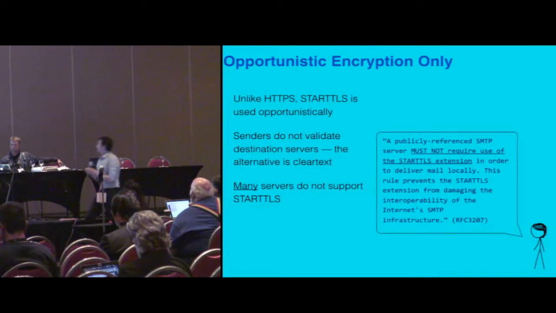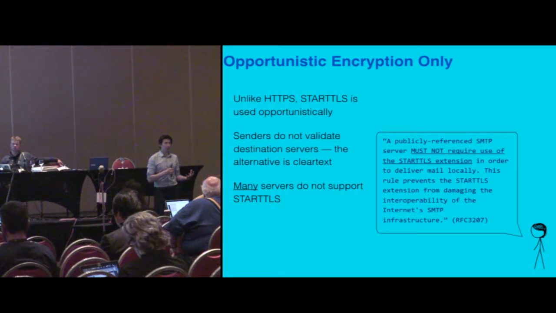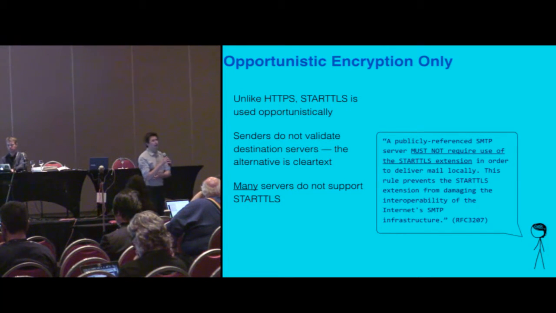The big difference between this and what we normally think about TLS is that STARTTLS is opportunistic. When the RFC was originally written, it said a server should never not deliver a piece of mail because it can't start a TLS connection. We're deploying this later on. It's a tacked-on extension. In the beginning, no one is going to support TLS. Later on, deployment is going to be gradual. So try to encrypt the message if you can. But if you can't, that's OK. Still deliver the message.